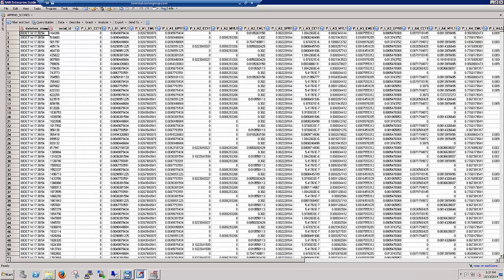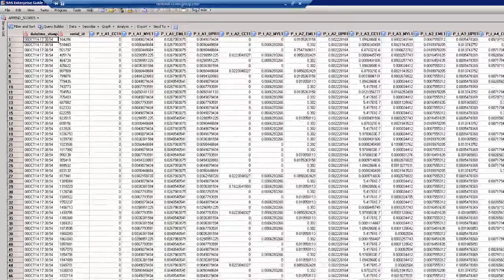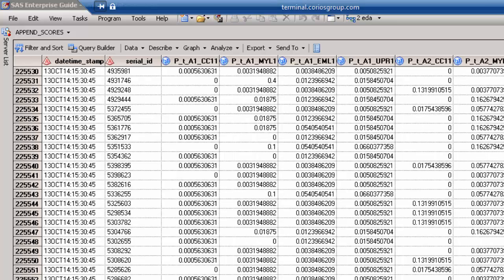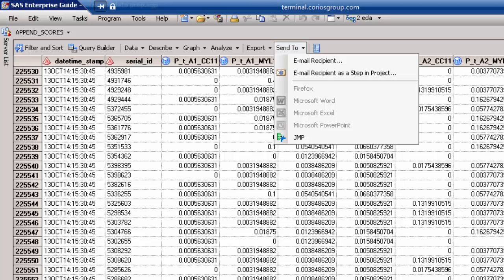I've got a summary data file that contains all of the runs for each of the 20 model scores, all contained in one file. And it keeps appending every time we update the champion model. So here's the date timestamp, here's the customer ID, then here's all the 20 scores. If we go down to the very bottom of the file, here's the job that we just ran at 3:30 in the afternoon. And let's open that up in JMP so we can actually visualize the changes in the scores